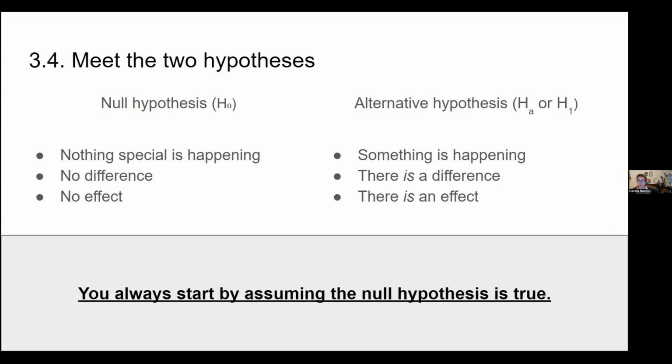Anything different than the claim is the alternative hypothesis, but at that point, it's not important anymore, right? So the null hypothesis is, in this case, there's no difference between the people inside the group. Everybody has the same baseline. In this case, everybody speaks fluent German. In the candy case, all the candies have equal numbers. No difference, nothing special is happening, no effect. This is most often the null hypothesis.